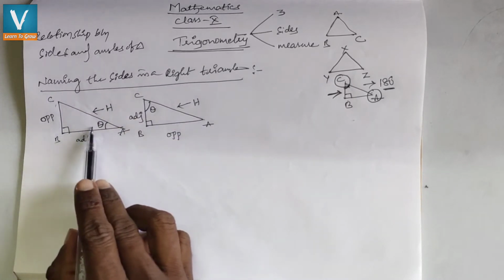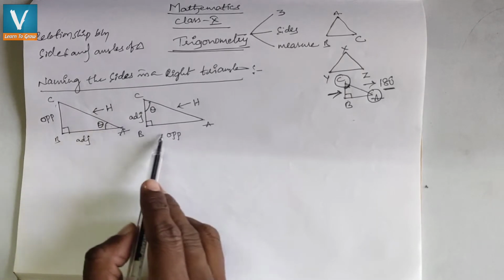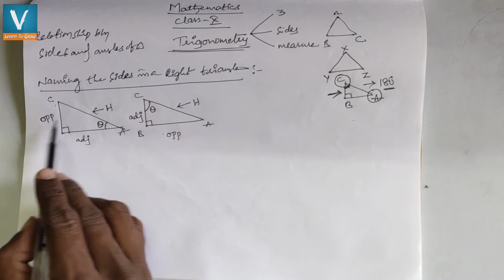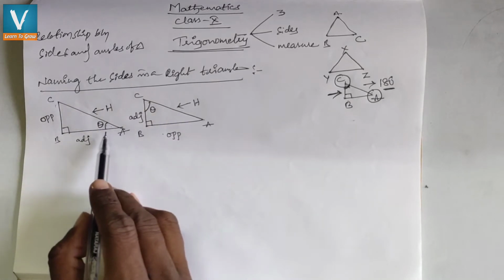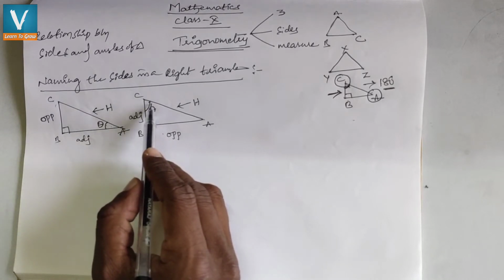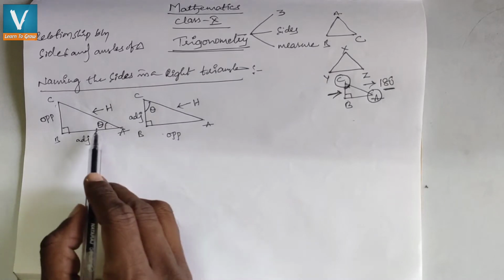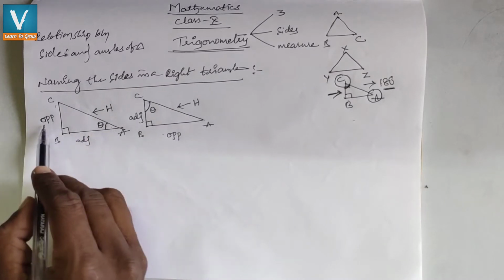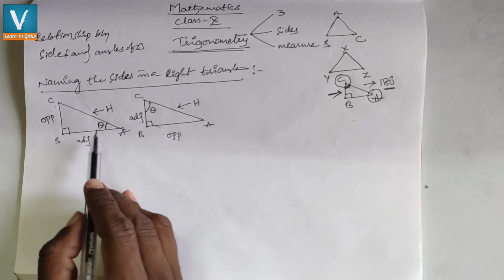So what can we understand from these two figures? If the angle is changing, the sides also change except the hypotenuse. The observation is important whether you are observing from A or C, because if you observe from C, it gives one opposite side, and if you observe from A, it gives another. So sides are changing. You have to notice this compulsorily.